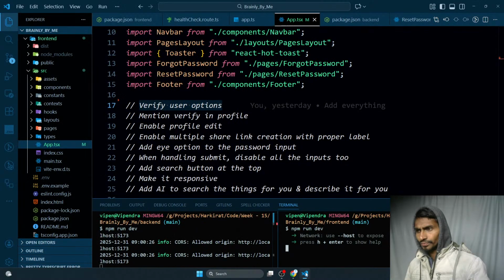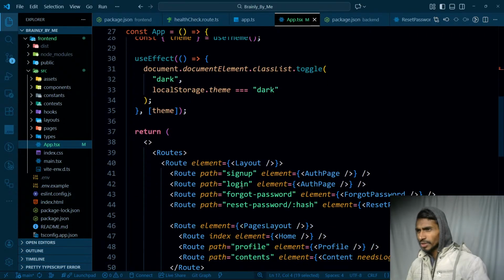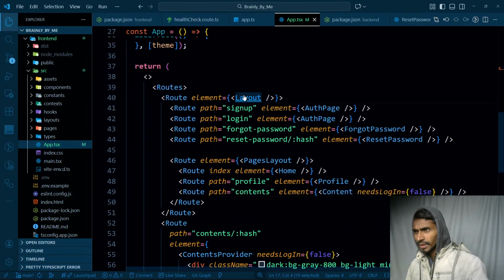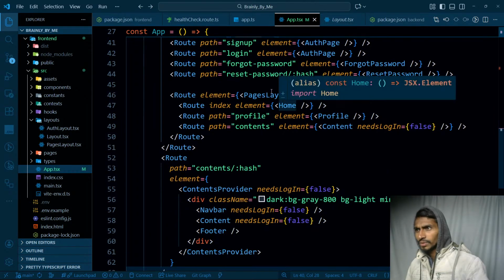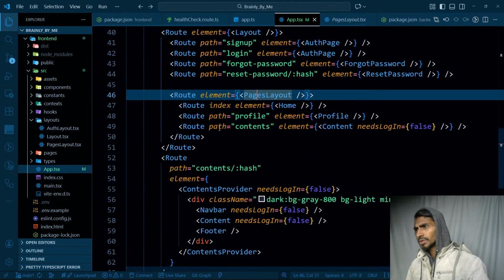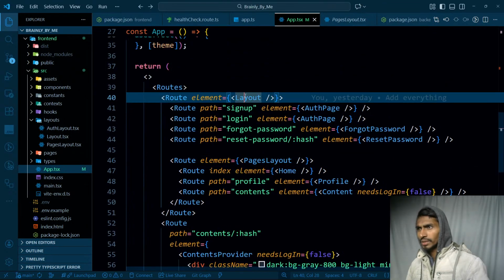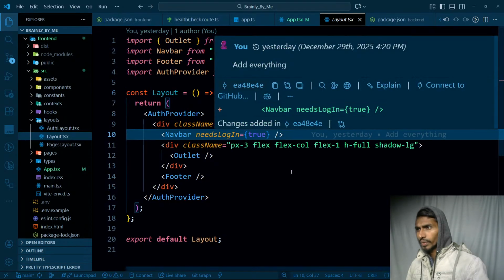So whenever I'm getting my user, that is the main page, and ultimately all the things are wrapped inside. Okay, these parts are wrapped inside layout, like contents container. So this is not even needed. If I'm getting my layout over here, that's enough. And I have my navbar over here. One more thing I would like to have, that is